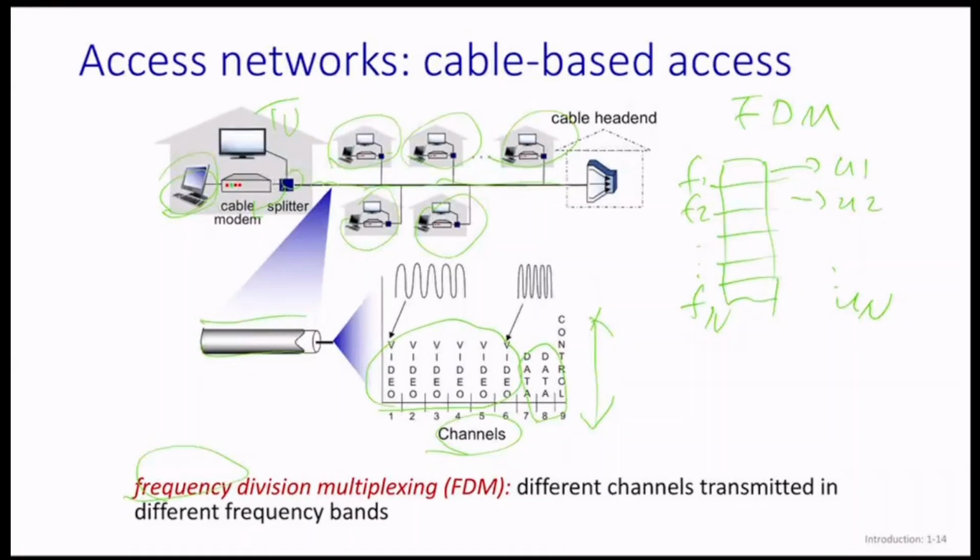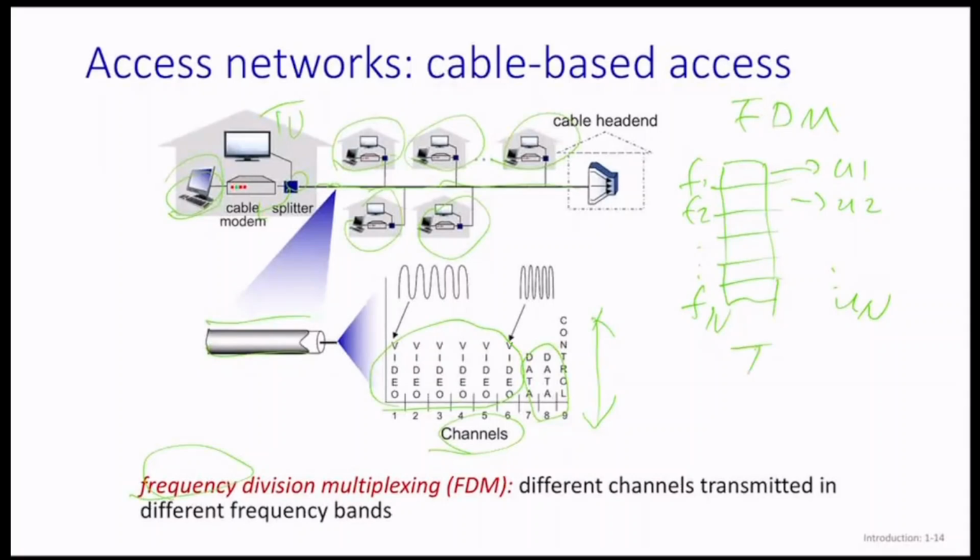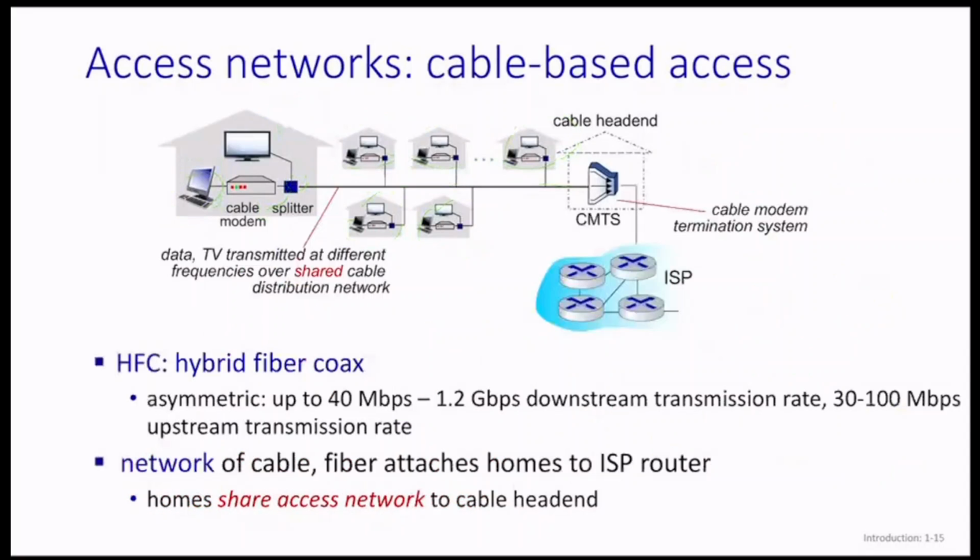And in the future, we will also learn about TDM. We can separate time into different time slots, each time slot supporting one user. Okay, so this is cable-based. We'll continue to check other features of cable-based access. We can see the internet data and the TV videos are transmitted at different frequencies. We can separate our spectrum: the lower one for TV, the higher one for the internet, and shared in this